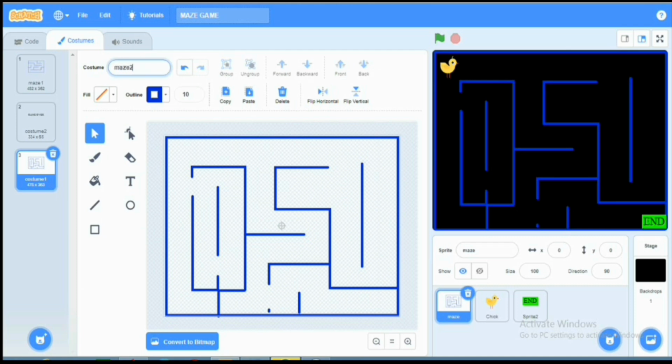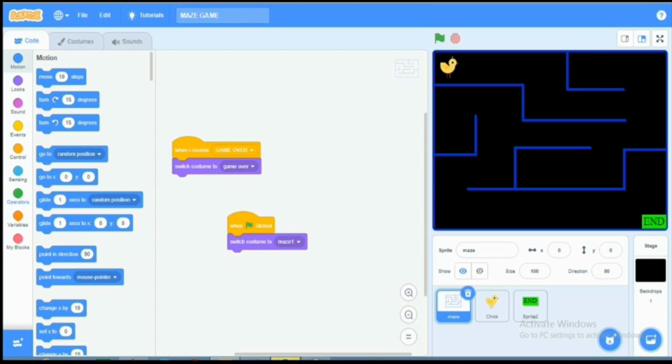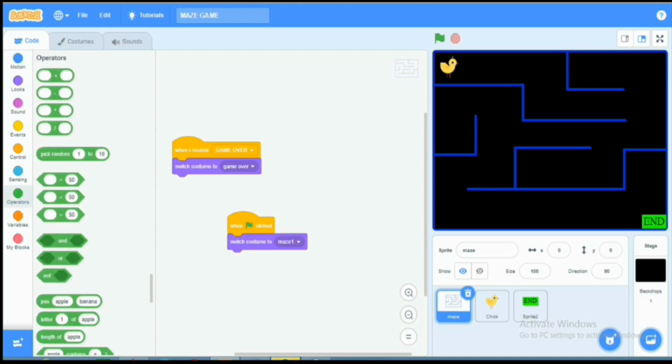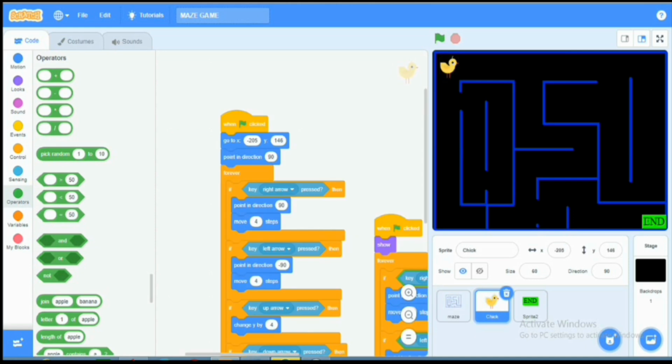So name this maze 2. You shift this here and name this game over. So now after that we come here, we say when flag clicked, it should pick random 1, since we just have to say 1 to 2 and see that works. Yeah, see, select different. And if you observe now, our maze, actually that first maze, the maze 1, is quite